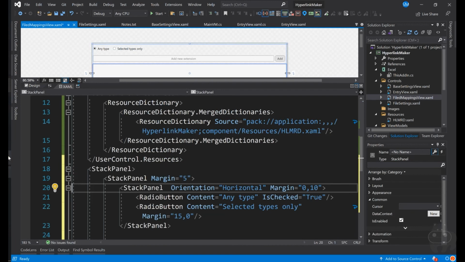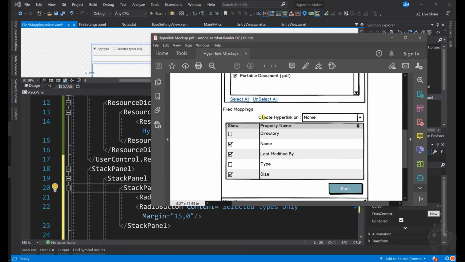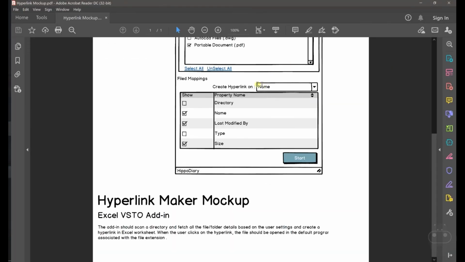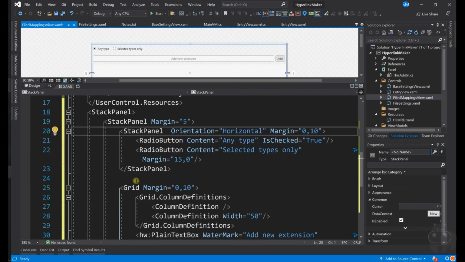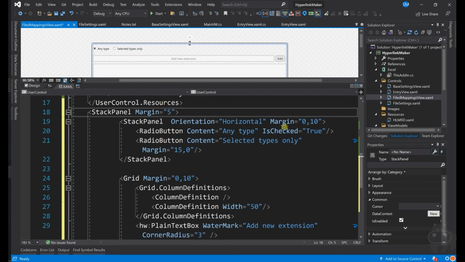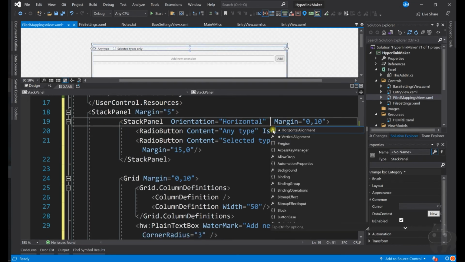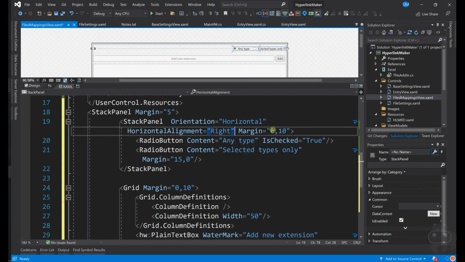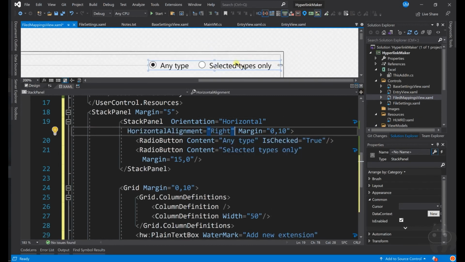So first thing that you need is kind of like a text block and then a combo box to select on which field you need the hyperlink to be created. To do that, the orientation is horizontal, that's fine, but alignment is right. This is now something like this.